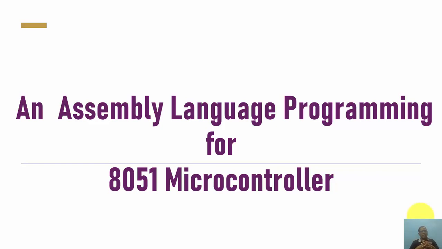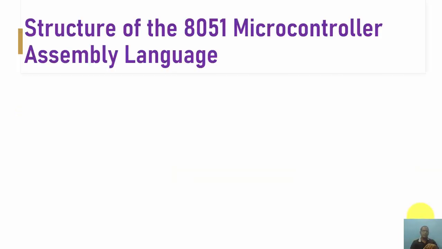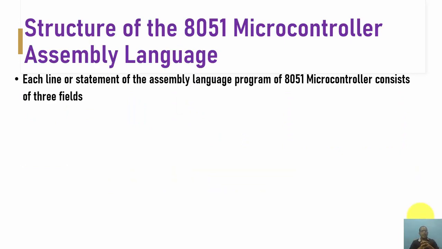Once we are ready with the instructions, we develop a code or a program, and with the help of Keil IDE we compile it, and with the help of a suitable set of software we download that into the microcontroller board. So in today's discussion we are going to talk specifically about the structure, a little bit of overview about assembly language programming. When we talk about assembly language programming, we are going to give instructions